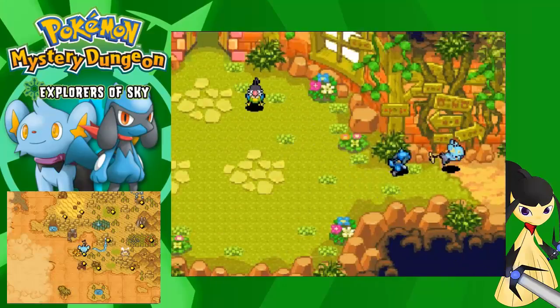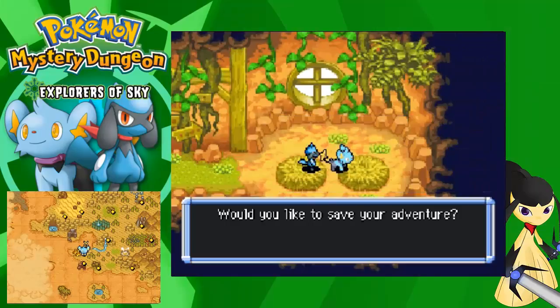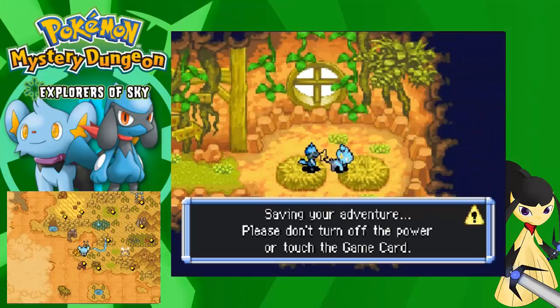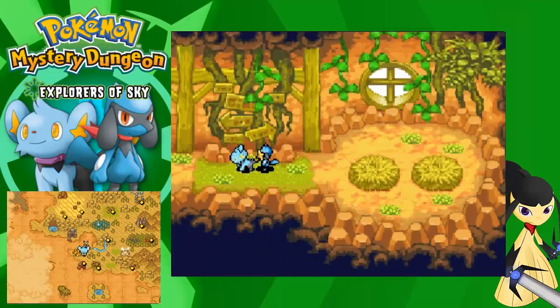Now I'll end off the episode. So, in the next episode, we're just gonna do some jobs, maybe spread the rumor around, and then maybe, who knows, maybe Dusknoir will have